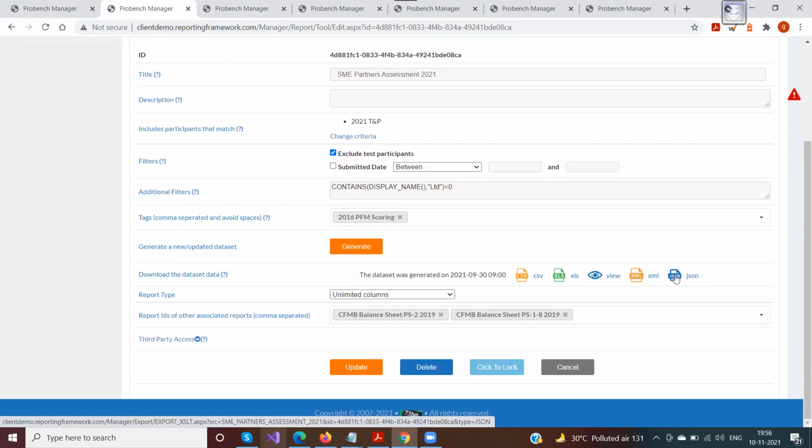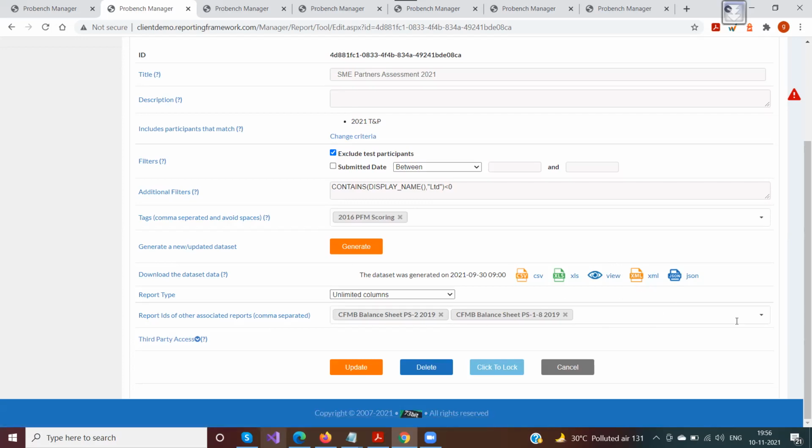These XML and JSON formats are mostly used when you want to access the data from an external system, like an API. If you want to have that same data in an XML or a JSON format, these are the two links that you can click on, and the respective data would be downloaded.